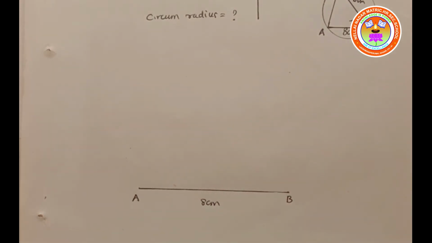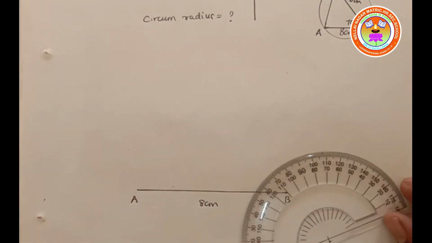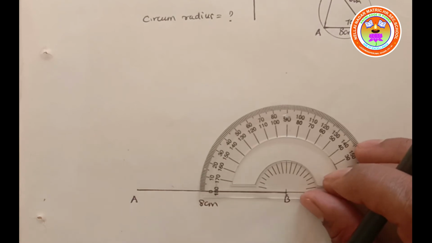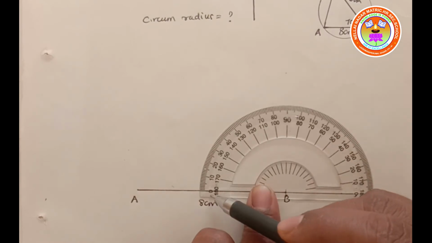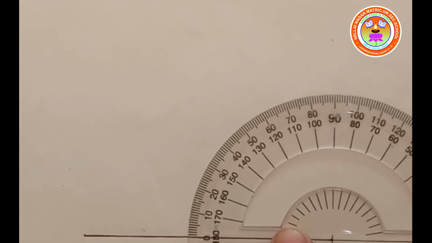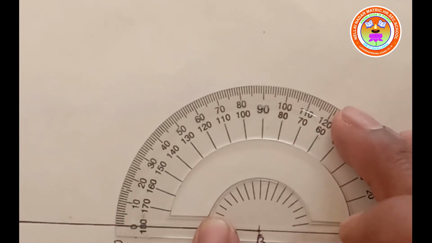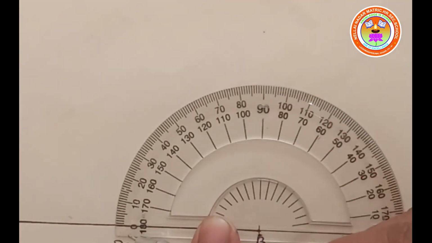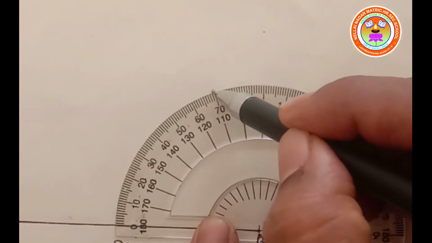With the help of protractor, you are going to make an angle 70 degree. Okay, from angle B you are going to take how many degree? 70 degree. See, children, how I am taking from here, from this point towards your left. Where is 0? 0 is here. 0 to how many degree here? 70 degree. 0, 10, 20, 30, 40, 50, 60, 70. So 70. Make point like this.